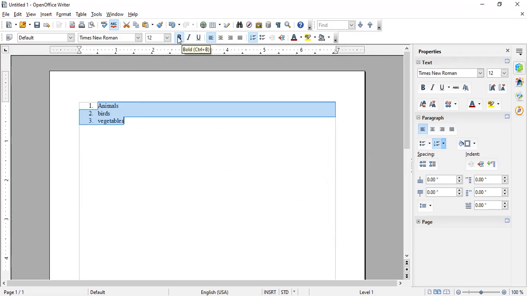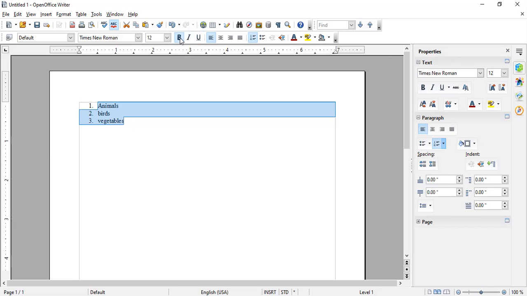Next, if you want to highlight the text, click on bold. So see, the text has been changed to bold. That is the bold option icon. Next one is italic. The text has been changed to italic. Next is underline. If you don't want underline, click on it again. Underline will be removed. If you don't want italic, select it again. You don't want bold, select it again. Clear, children? Understood how you can highlight the text?